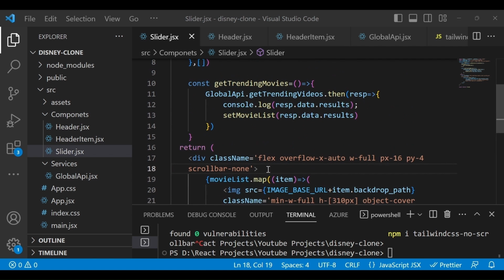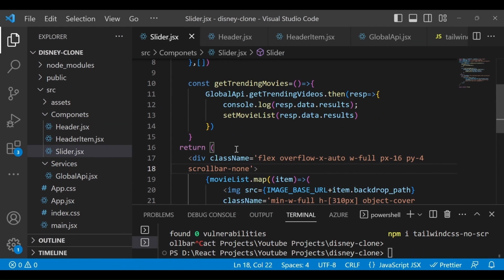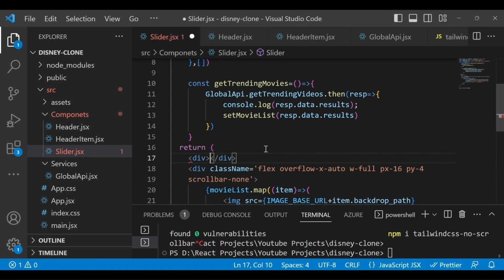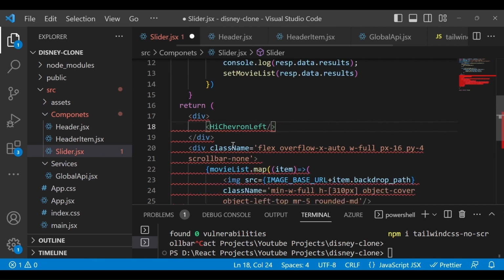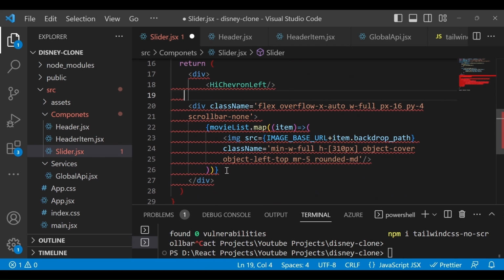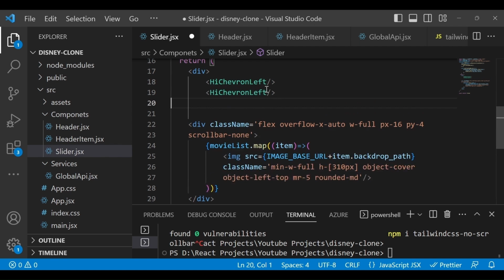So let me copy this one, the left one, and I will add it just before this one. So I will wrap it with one more div. I will paste it here, and you will see this error because this return item should be in one HTML tag. That's the reason we have to define it like this. And the same I will do for the right.